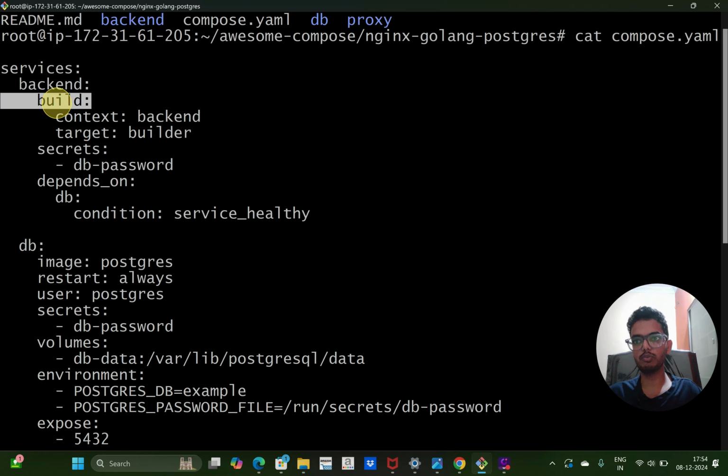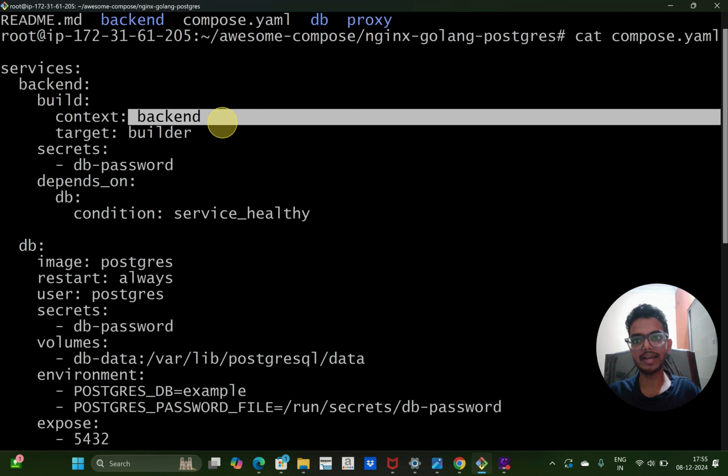For creating the image, we need a docker build. For that, I am going to add a build instruction here. For docker build, what we need is a Dockerfile. For that, I am going to add context here. In context, I'm going to mention the directory which consists of this particular Dockerfile, that is backend is the directory name.